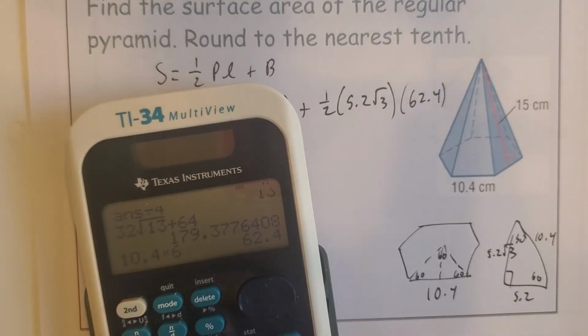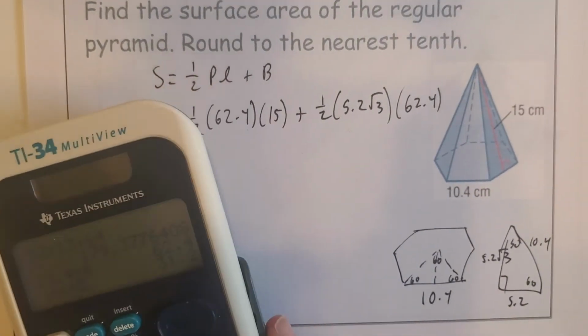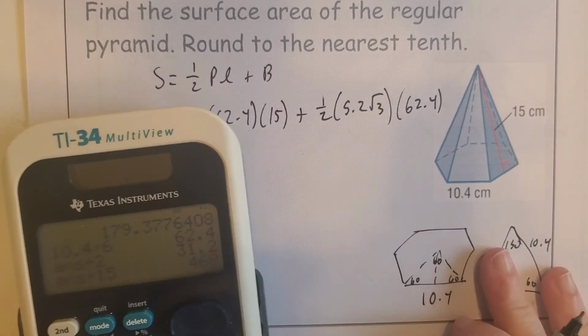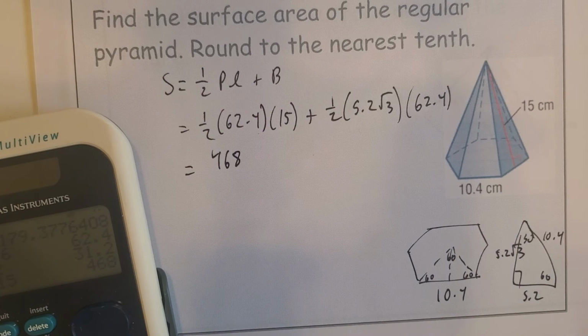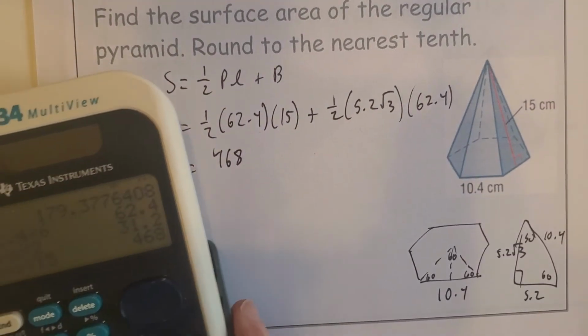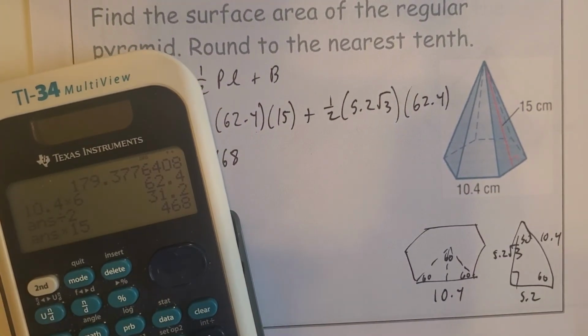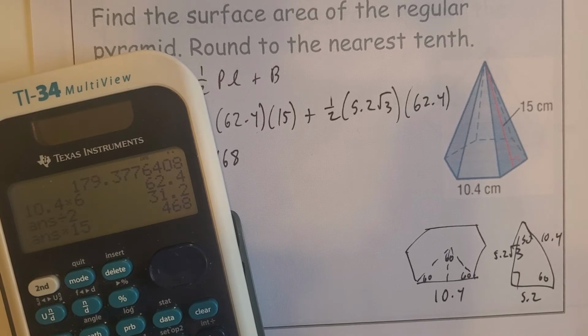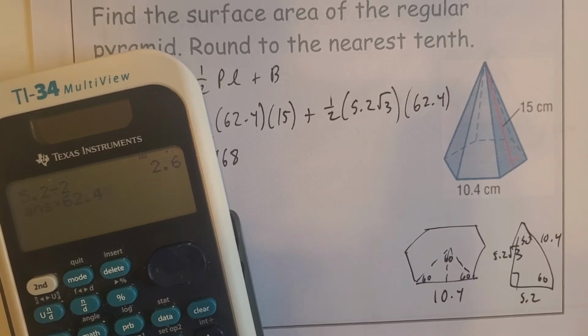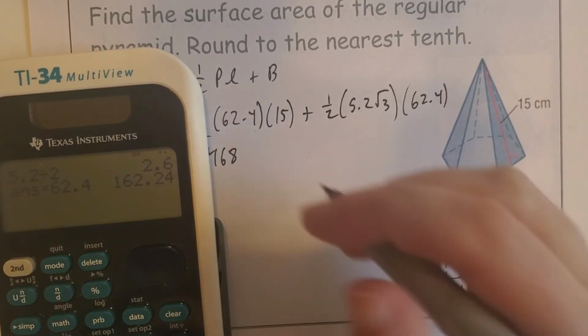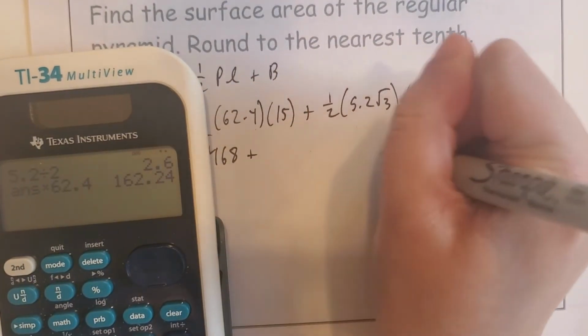So 62.4 divided by 2 times 15 is actually a pretty nice number, 468. I'm going to leave the radical 3 in there for now just to show you what the exact answer would be. So 5.2 divided by 2 times 62.4 is not that bad of a decimal. So this is plus